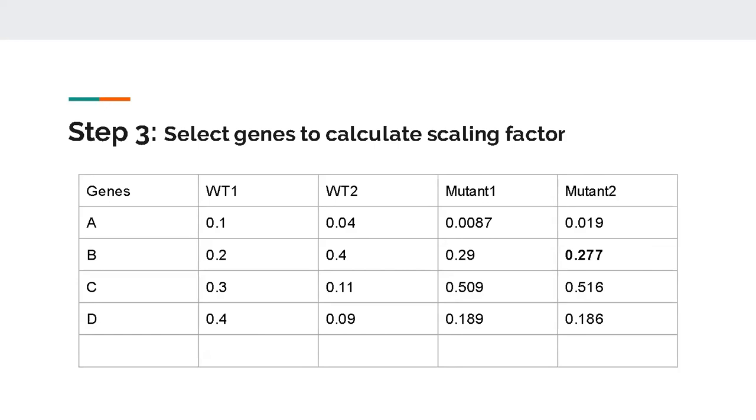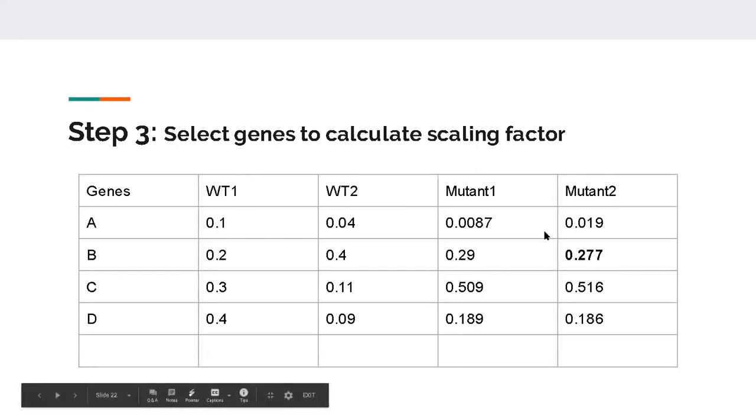Now we have to select genes which would then be used to calculate the scaling factor. Now remember, or you should know, that HR calculates this scaling factor individually for each of these sample pairs. So mutant 2 with wild type 1, mutant 2 with wild type 2, mutant 2 with mutant 1. So it would calculate a scaling factor which would be specific to each of these samples, and does not calculate a common scaling factor. And that's the whole reason why you chose a reference sample which would be the most